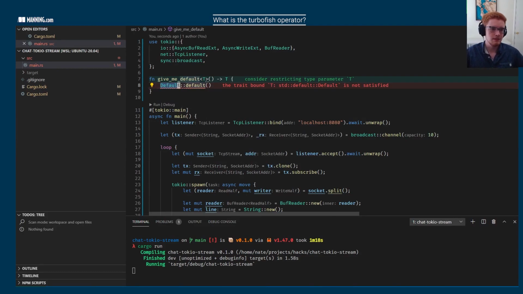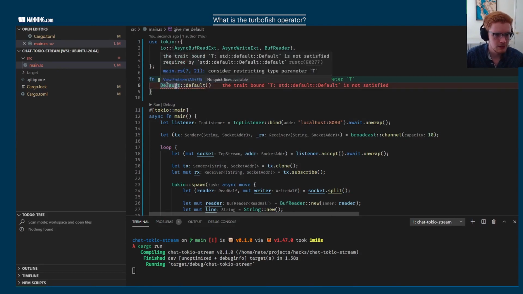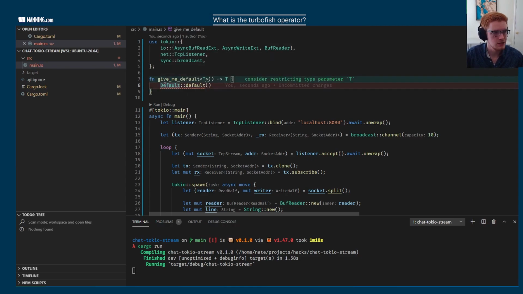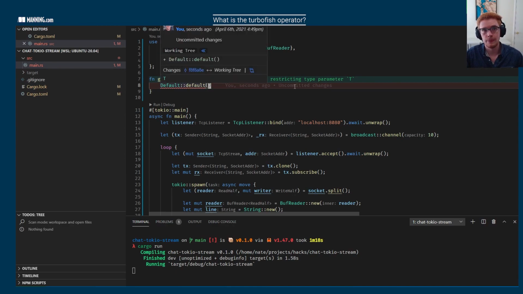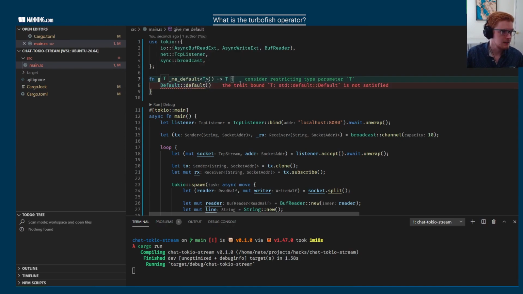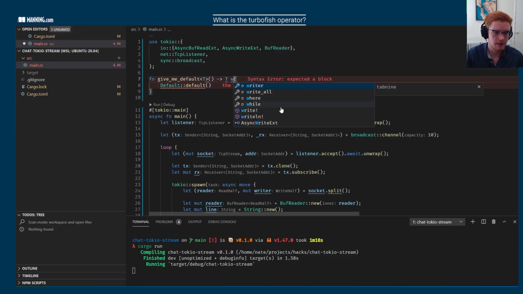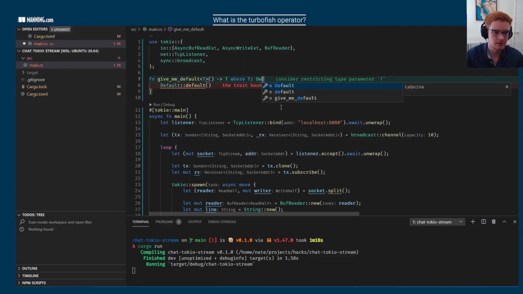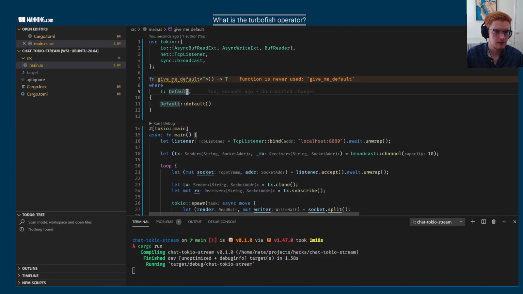Default is a trait that's in the Rust standard library, which some types have a default value, like integers default to 0, Boolean defaults to false, lists and strings default to empty collections. Most collections default to empty collections, things like this. So that just makes it easier to provide default values for your types because it's built right into the standard library. So if I add a little trait bound on here that says where T implements Default, then it'll actually